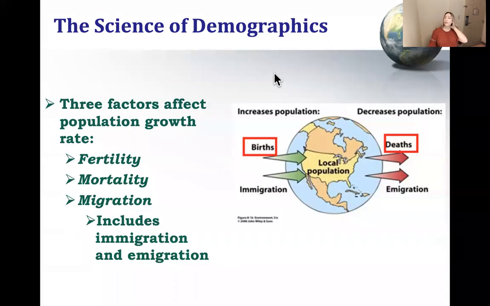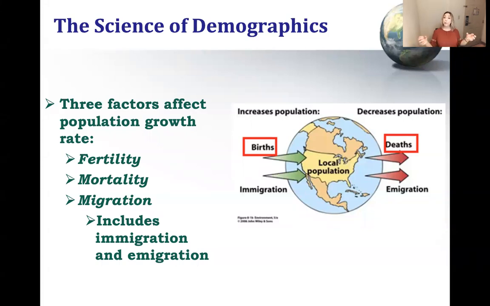Okay, so one of your learning objectives was to describe the 3 factors that can affect population growth rate. Now remember, growth rate is different than population size. Population growth rate is how fast the population is growing year to year. Now, there are 3 factors that can affect population growth: births or fertility, death rate or mortality, and migration, which